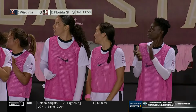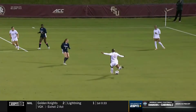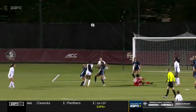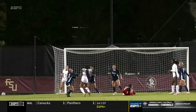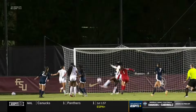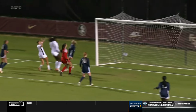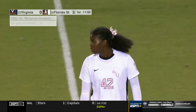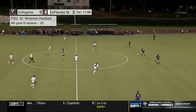Oh, being relentless is exactly what we just said, and you feel that right now. It's one big ball from Simmons into the box. And rule of thumb, if you're coming off your line for Saffredin, you have to make the play. But immediately seeing Saffredin come off her line, that means the defenders have to drop in, protect the back line. Neither of those things happen in a timely manner. Saffredin misses it, keeps the ball alive for Florida State, and then Hudson in a perfect position, exactly where you